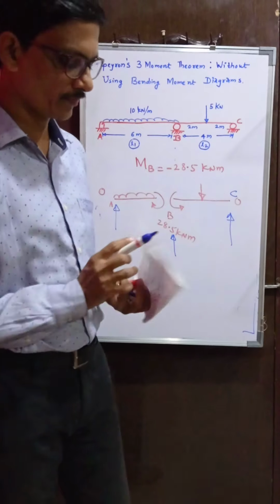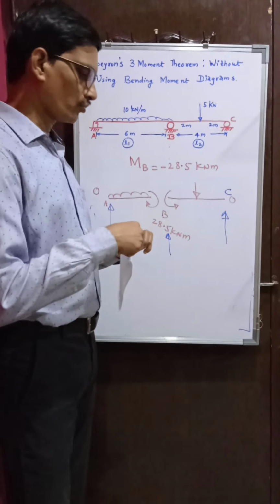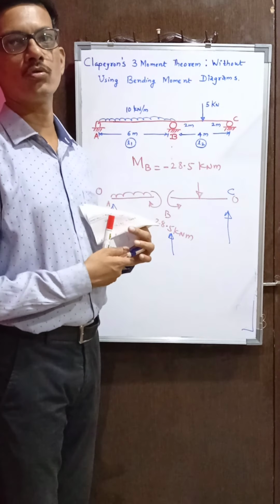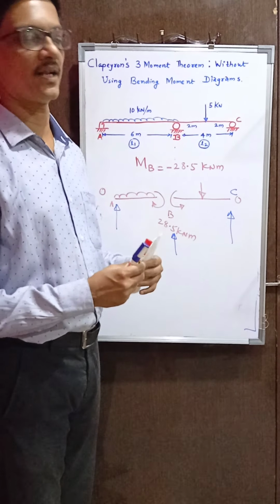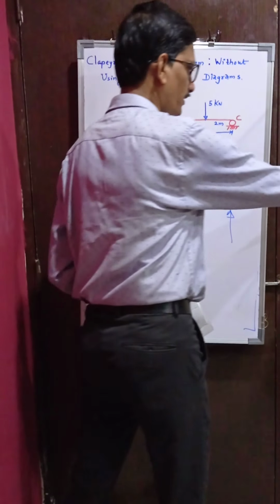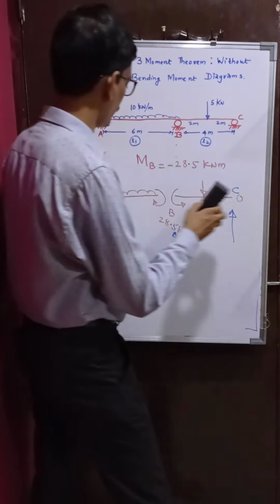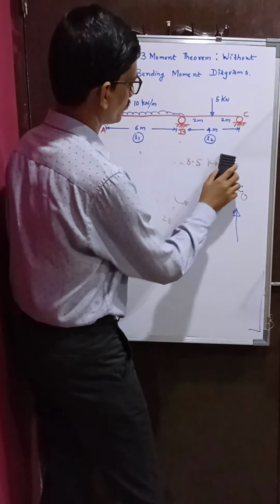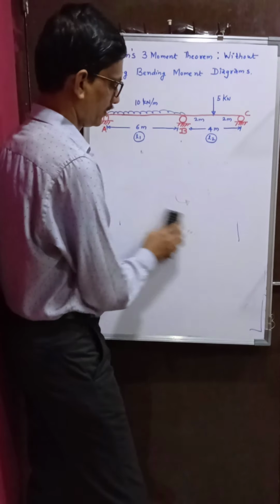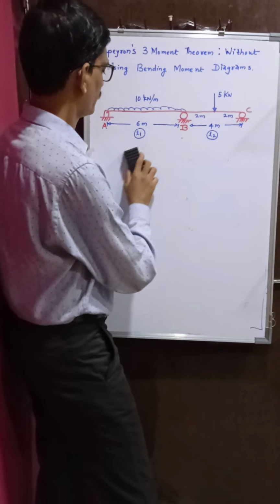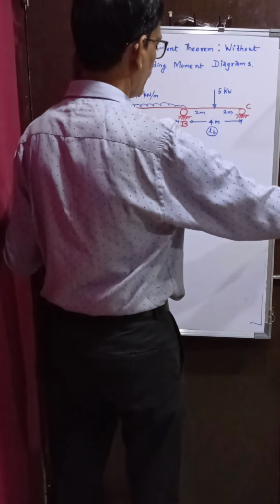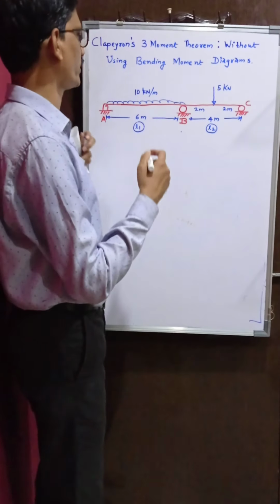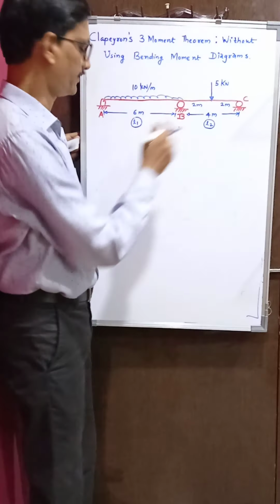So this is one approach, but in this approach you have to draw the bending moment diagram, then you have to calculate A1, x1 bar and all those things. So instead of that, let us see, is there any alternative way of arriving at the same result by using Clapeyron's three moment theorem. So see what difference I make here, or just see what my approach is. So here again I'll try to write Clapeyron's three moment theorem for this A, B, B, C.